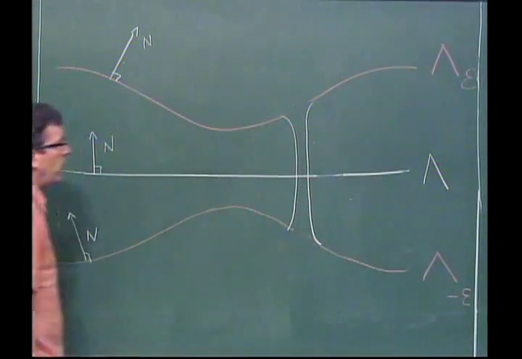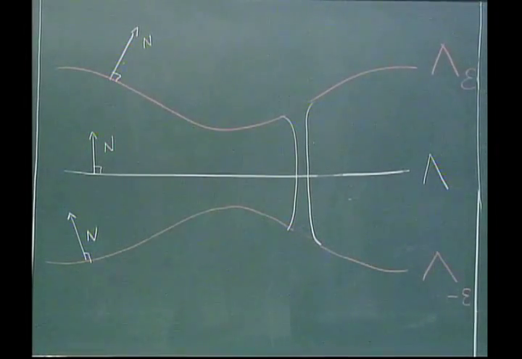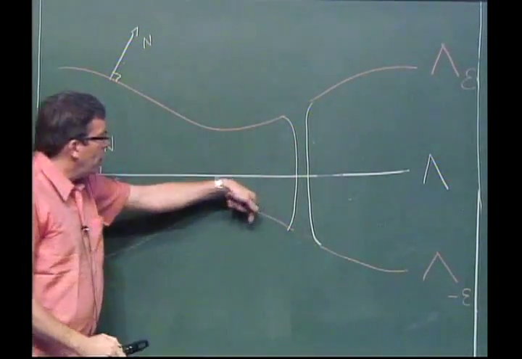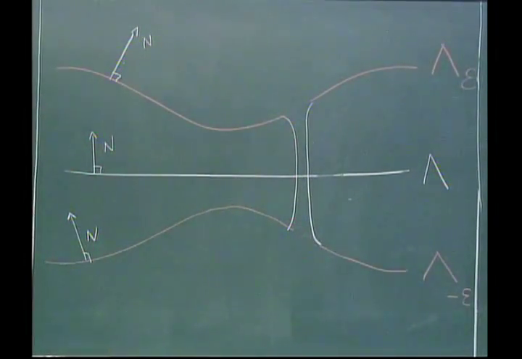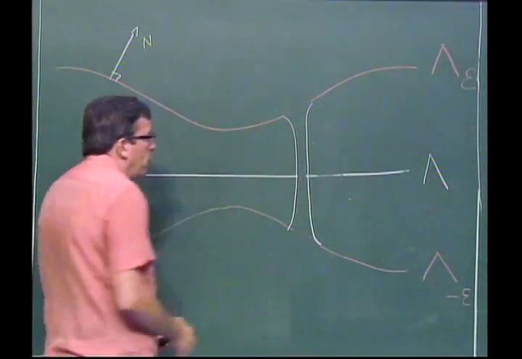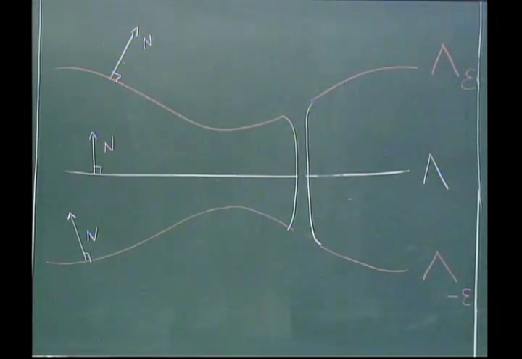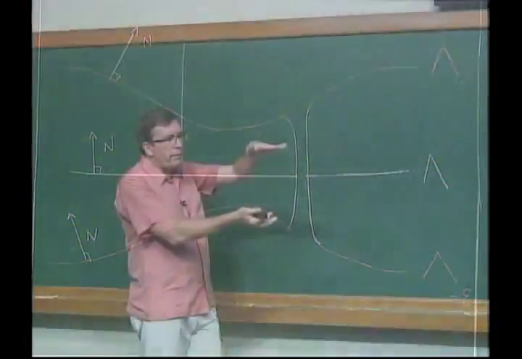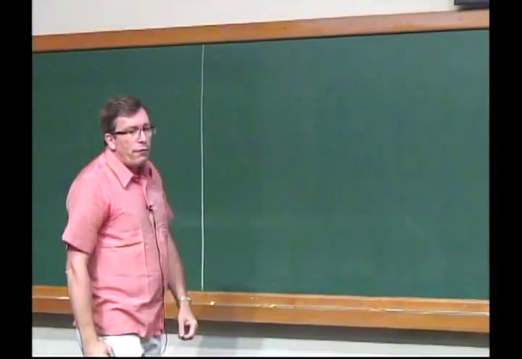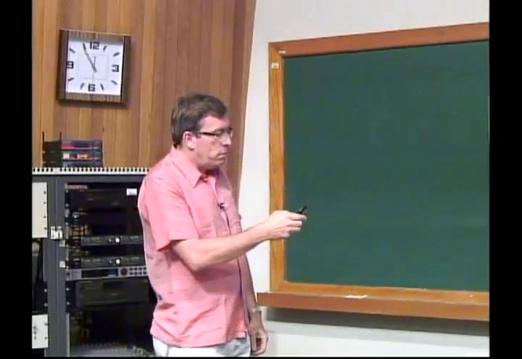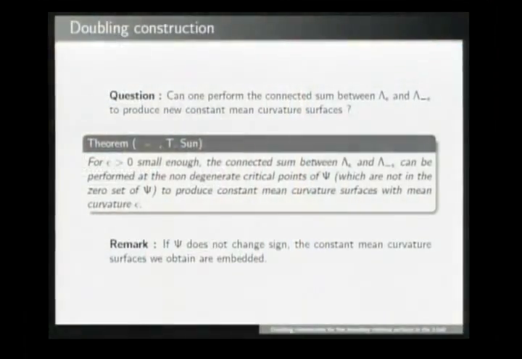bridge like this, so that the connected sum has mean curvature equal to, let's say, epsilon. And you see that the orientation fits, so this is possible. Okay, so this is the question. So in other words, if this is possible, what you will do is that you will create a family of surfaces which have